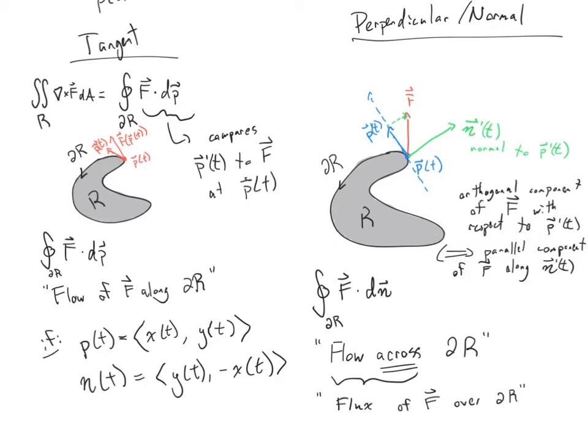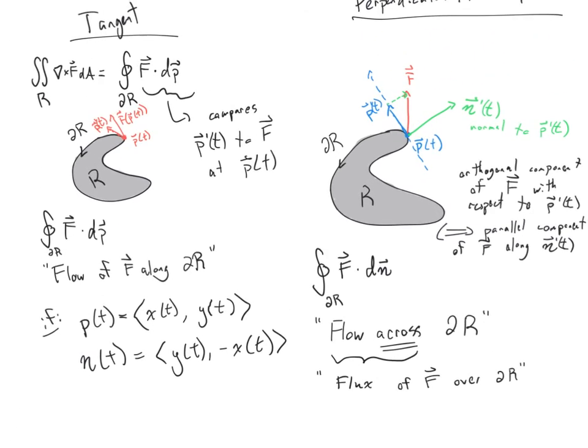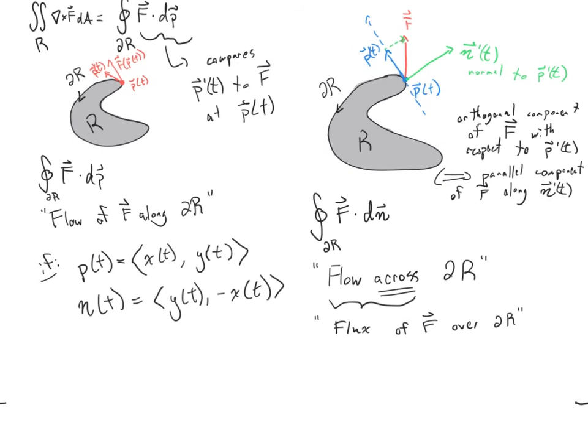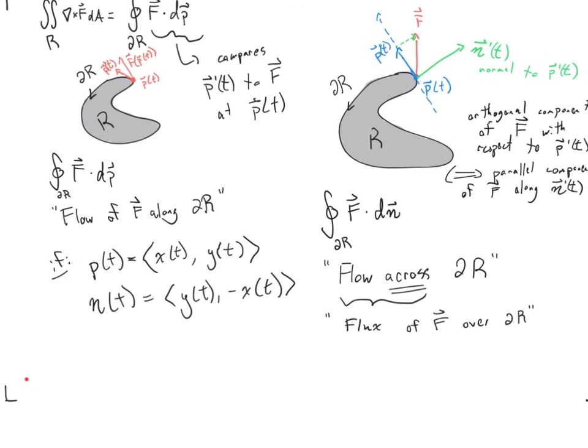And what this does, oh, I am out of space. Let's just fit it onto the bottom of the page. In case you wonder what these are, this is my little marker to make sure I don't write off of the page. So if you imagine the curve, here's our curve, and it's flowing this way, then at a given point you have its tangent line. Then if we're at this point, if this is p prime of t, which has components x prime of t, comma y prime of t,